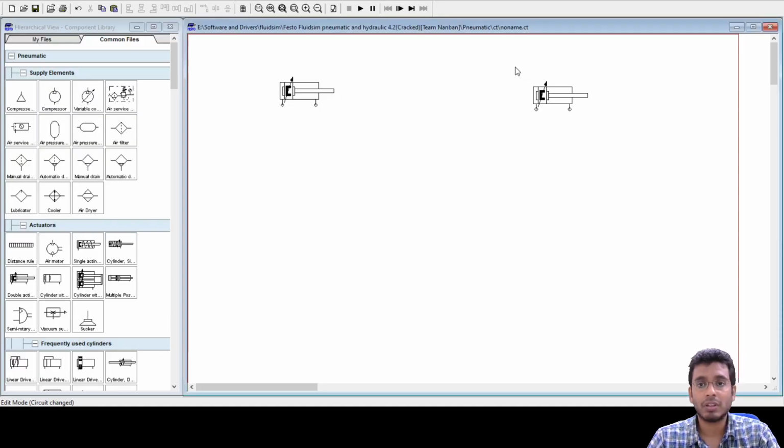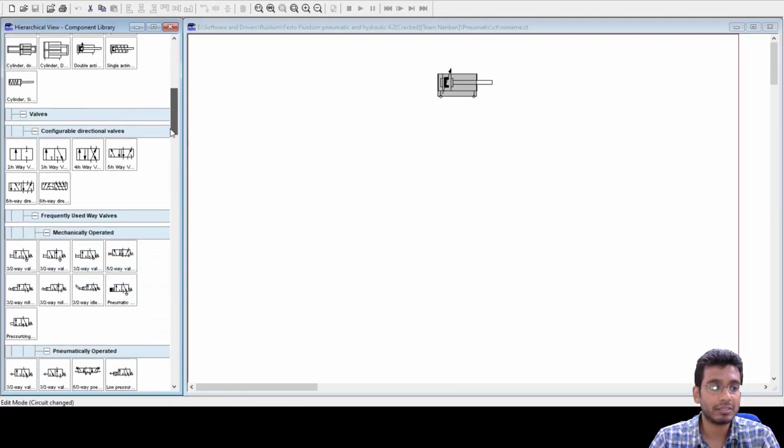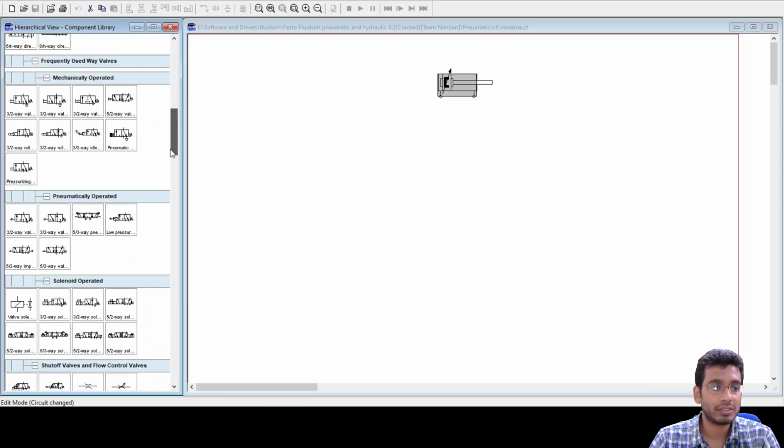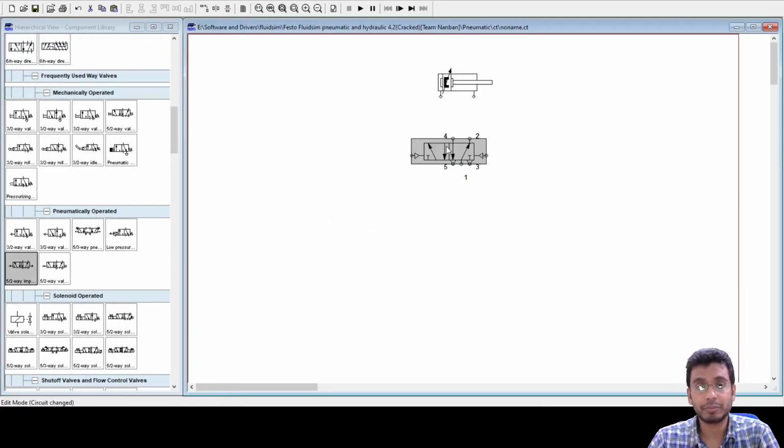Okay, so just let me take this. You are going to have one double acting cylinder here, and you require a 5/2 valve. So first let's try to make the condition for the extension of the cylinder.